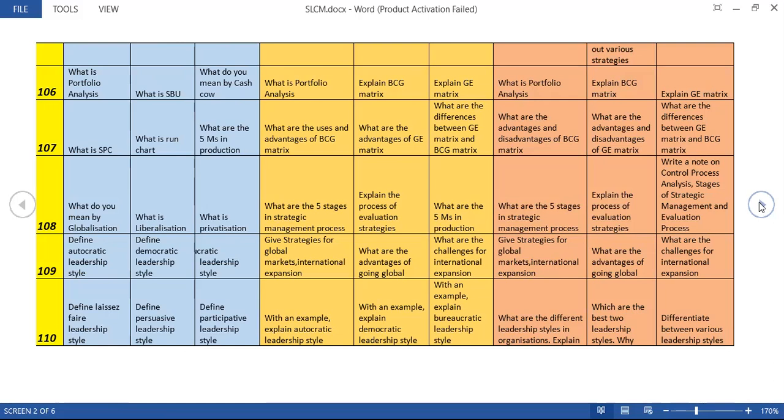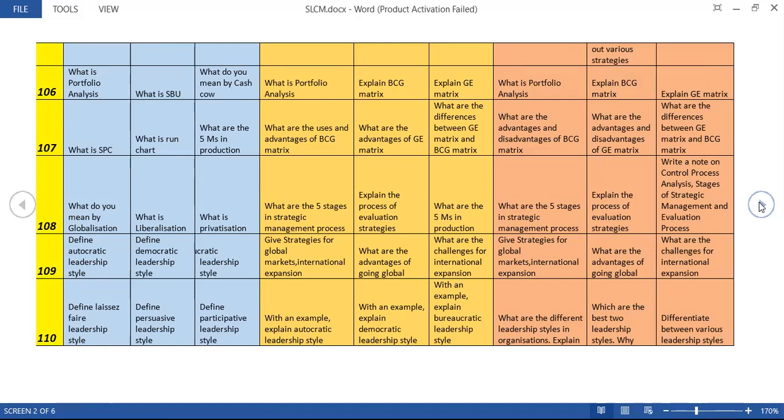Then globalization, liberalization, privatization. We have learned them at length and breadth in the classroom. Globalization is simply expanding the Indian economy to that of the world. Liberalization is liberalizing the policies so that business can be done with more ease. Privatization means whatever sector was earlier only with the government sector is now open to the private sector,